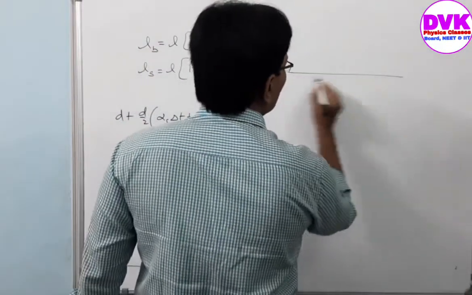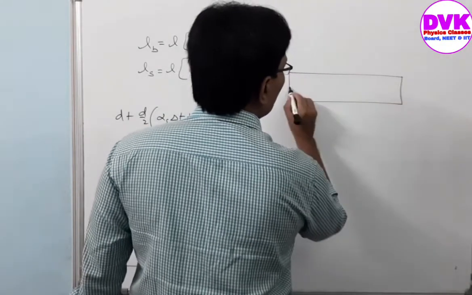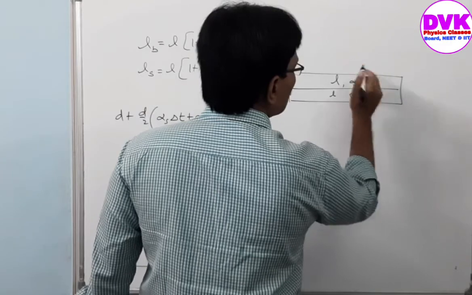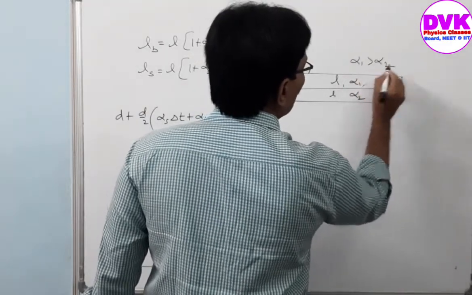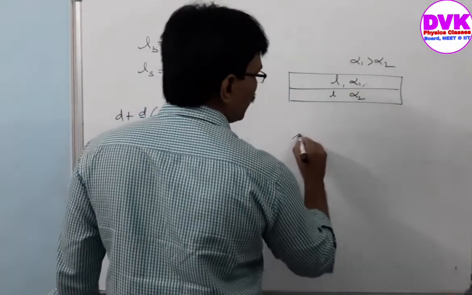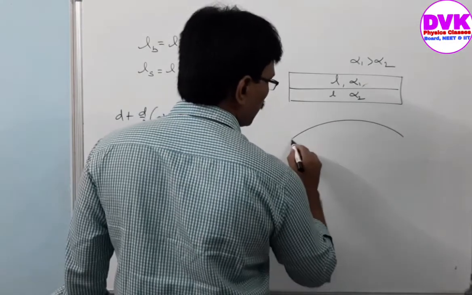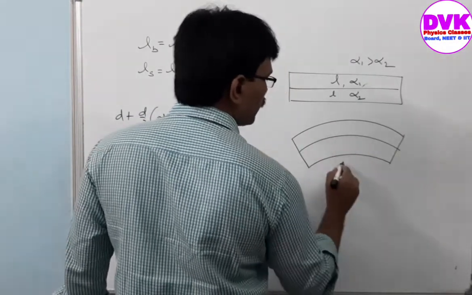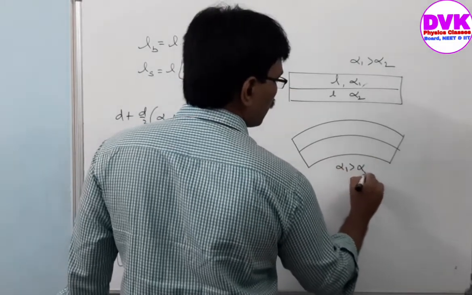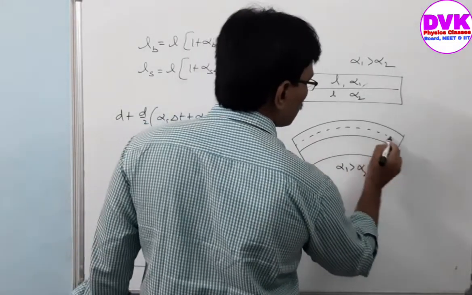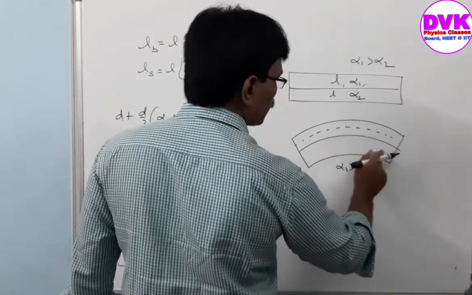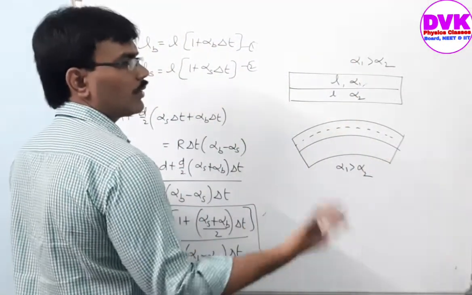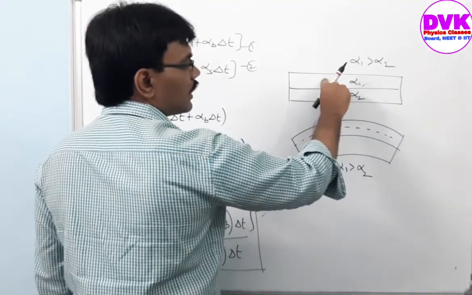See here generalization. Suppose you take this bimetallic strip, initially having the same lengths, with alpha 1 and alpha 2. Suppose alpha 1 is greater than alpha 2, then this expands more. That means its curvature must be higher than the other one. So it bends like this when alpha 1 is greater than alpha 2, because its length should be higher. So this curvature is higher than this curvature, so length should be higher for the one which has high expansion coefficient, because the rise of temperature is the same, and initial lengths are the same for both.